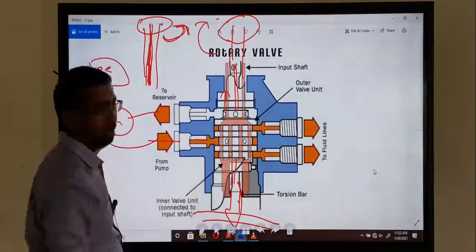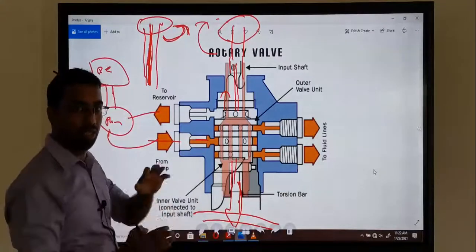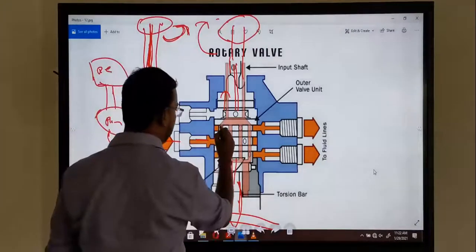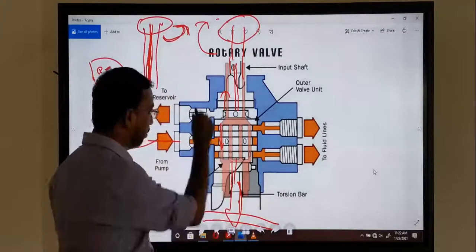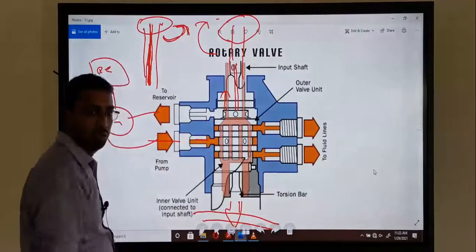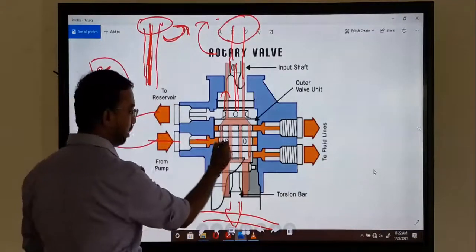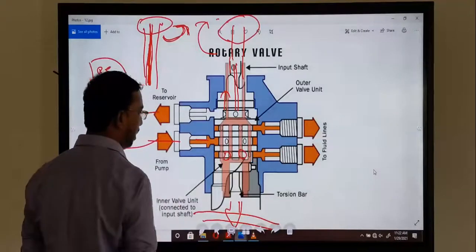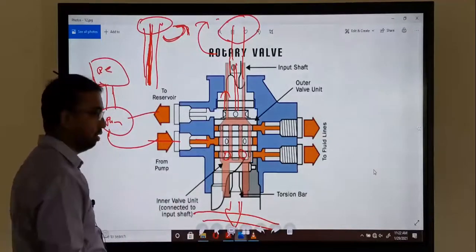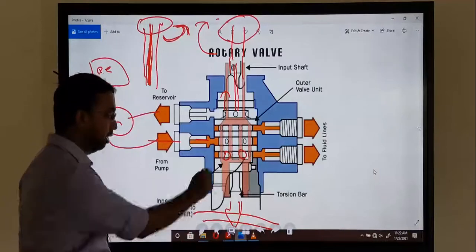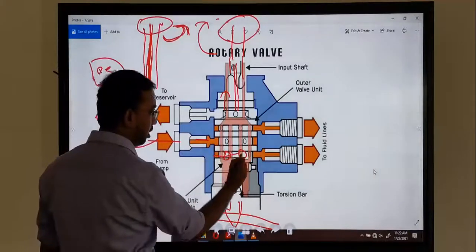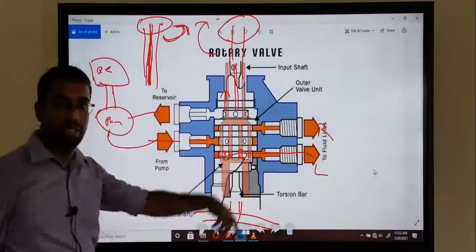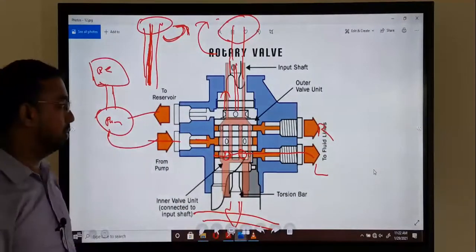This torsion bar is twisted, but it's twisting in the opposite direction. So that time the control valve is moved downwards. The control valve is moved downwards, and this hole arrives at the same level. Then the fluid stored inside moves to here and goes to the left room or right room.